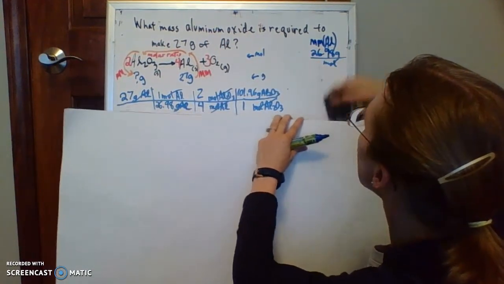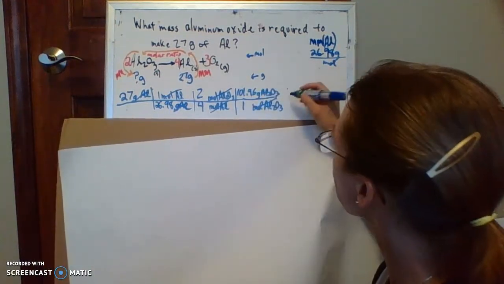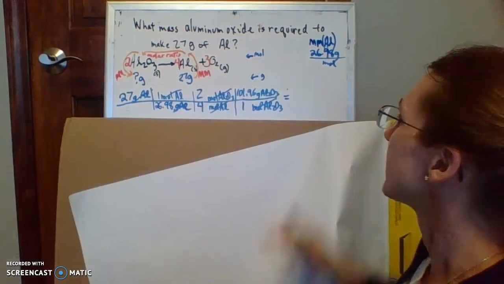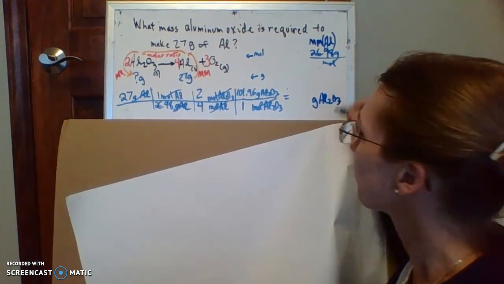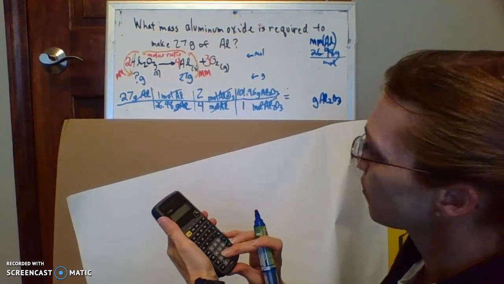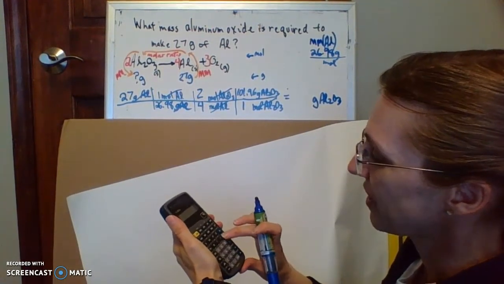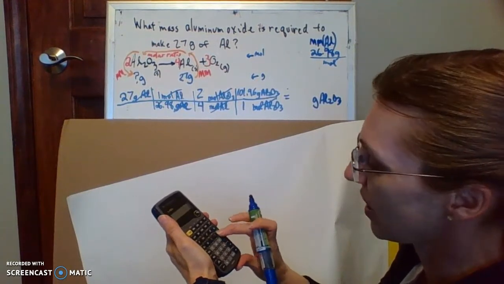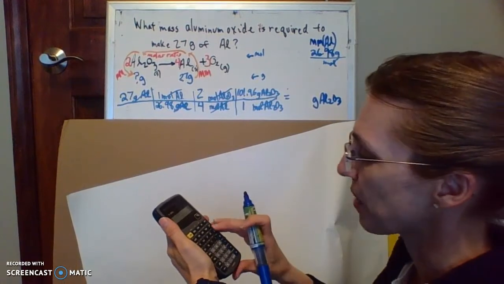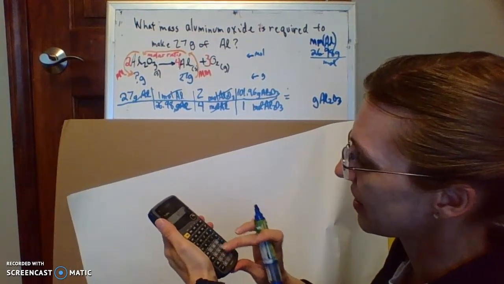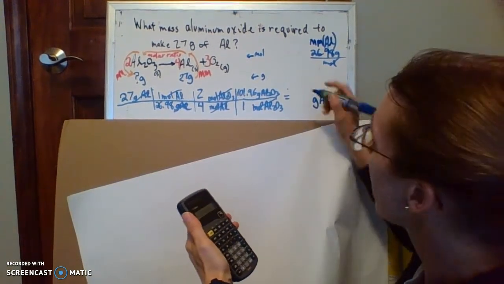Okay, I'm going to erase our molar mass here so that we have room to continue that over. Alright, so we said our units were going to be grams of Al2O3. Let's go ahead and do this calculation. We've got 27, let's do all the tops. 27 times 1 times 2 times 101.96. Okay, that's the top. Now we're going to divide by 26.98 divided by 4 divided by 1, and we get